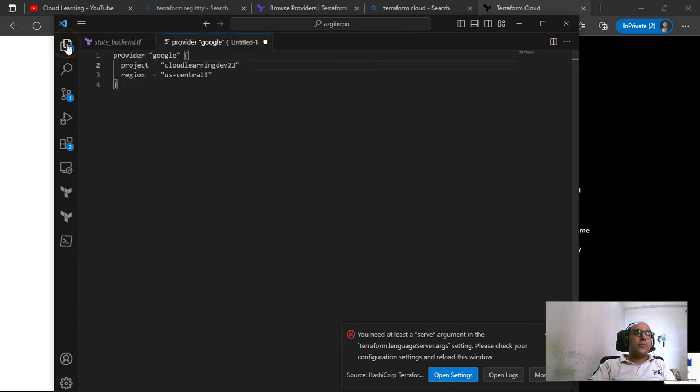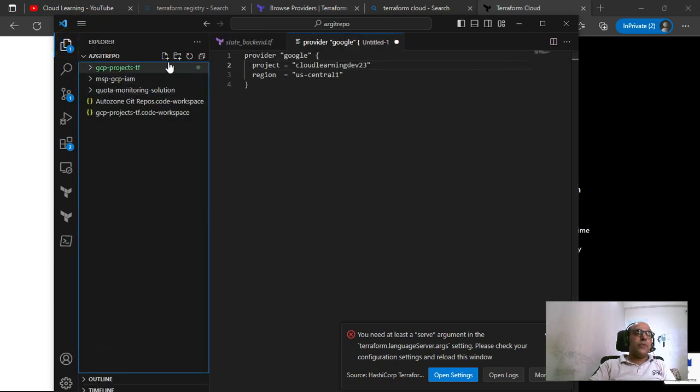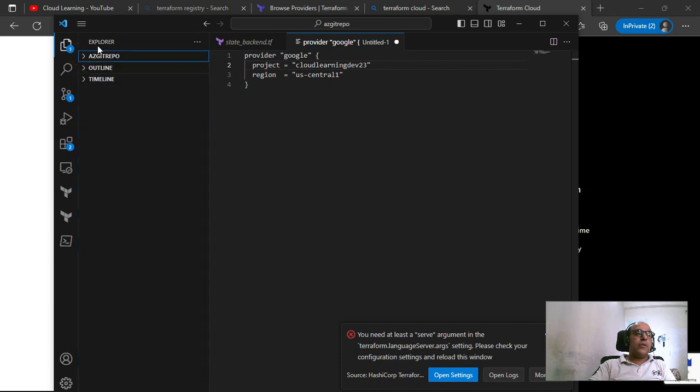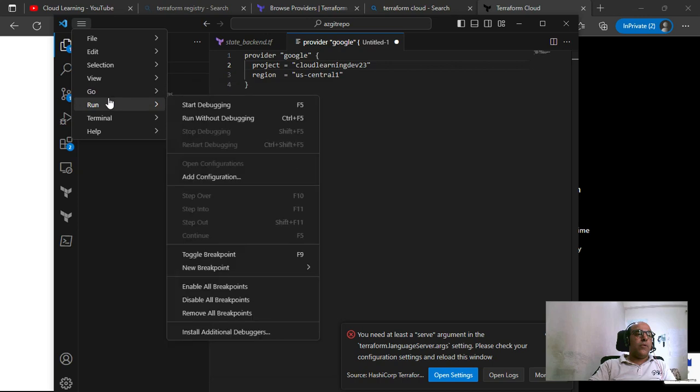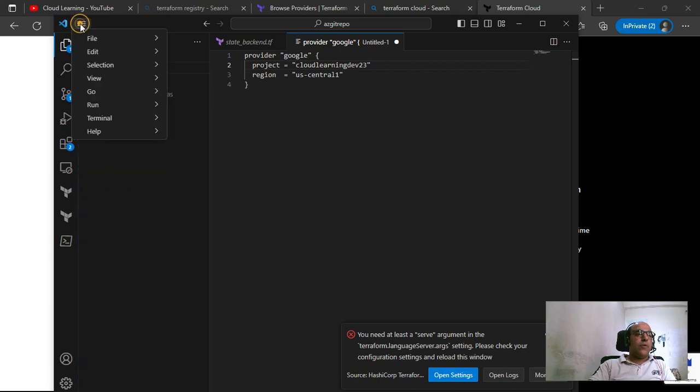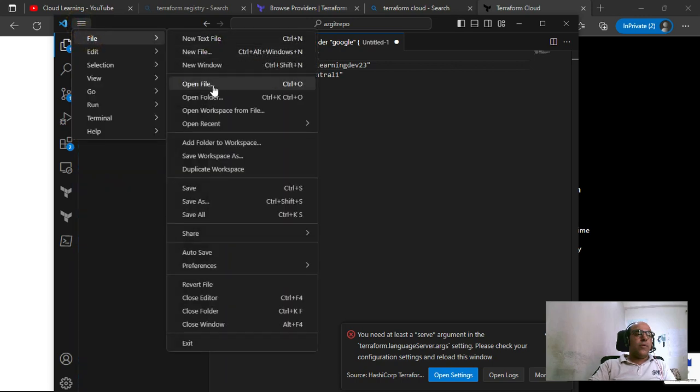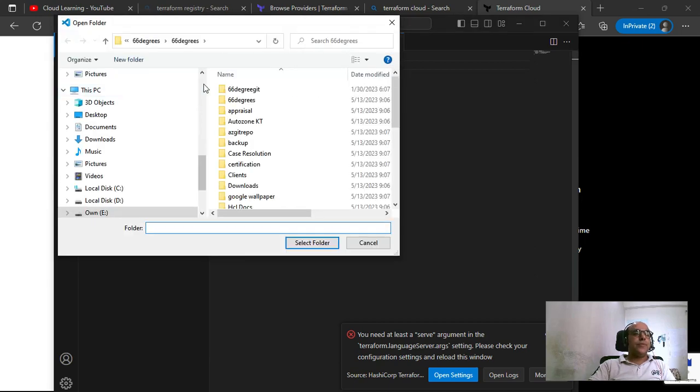So in Explorer, create a new folder, file, open folder.